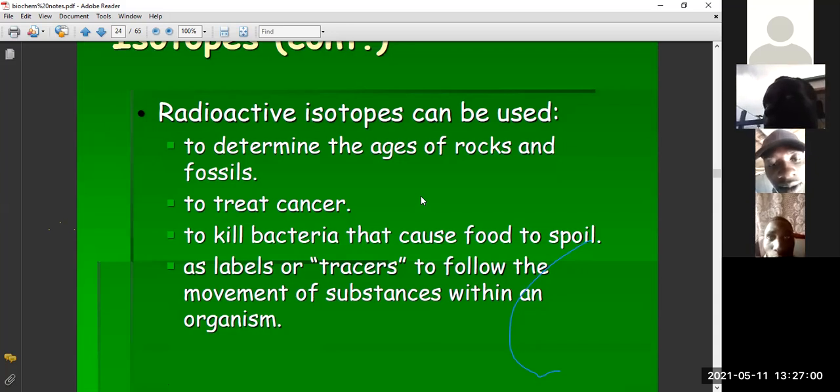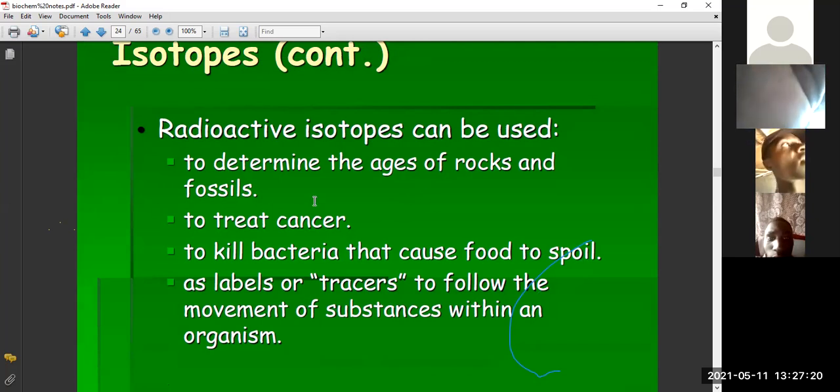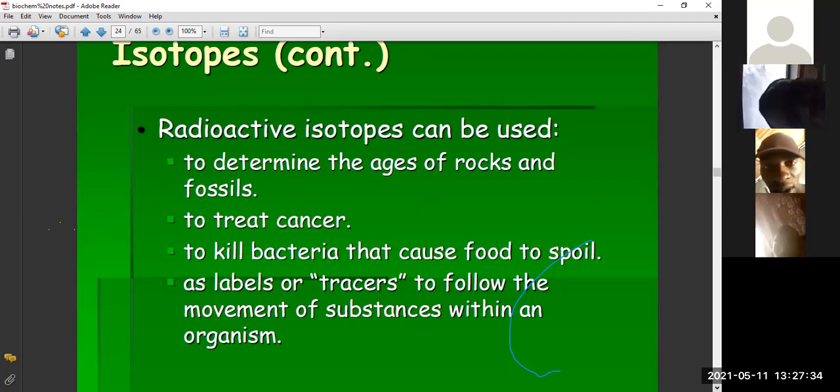This point number 4, as labels or tracers to follow the movement of substances within an organism. How? Okay, so let's say, for instance, a mouse, because that's what they usually use in labs when they're trying to find out something. So they are used as tracers. When a radioactive isotope is implanted in a human or in an animal to attach to a specific